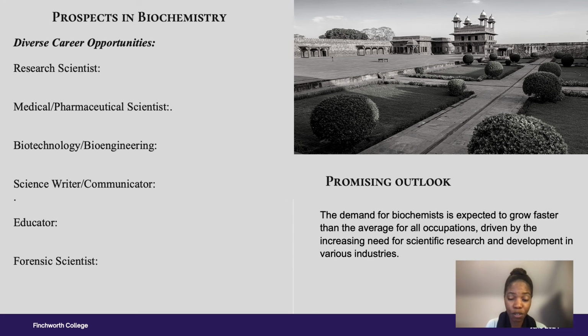Biotechnology is also a field to explore in biochemistry. Science communication, we have a lot of us in biochemistry that love the communication part of it. Education, just as I'm doing now, we have people that are teachers, lecturers, people that are writing articles, that are researching. And one other very important aspect of biochemistry is forensics, helping us unravel the puzzles that come with crime and providing relevant solutions to every situation that presents itself. This makes you very important as a biochemist.